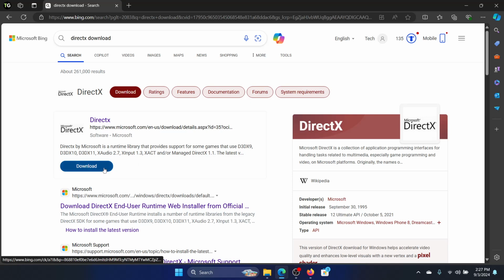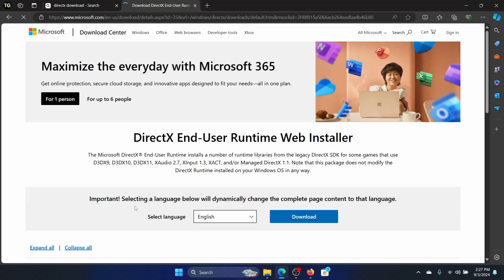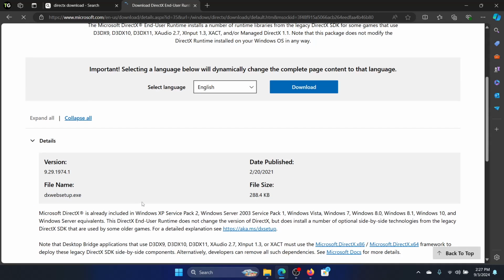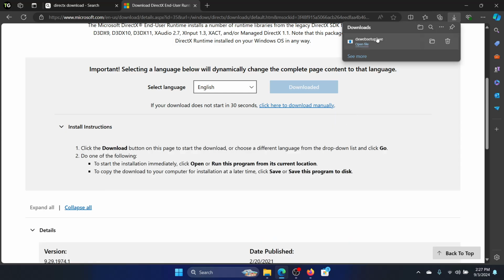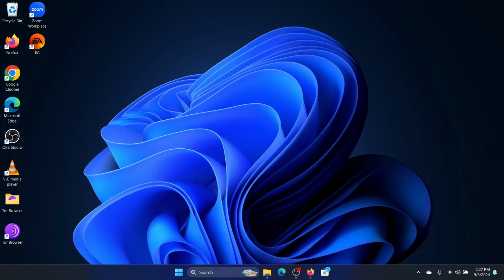So I will click on download, but if you're not using Bing, then you can always go to this link microsoft.com in DirectX and then you can click on download and then open file and install and then restart the computer and you should no